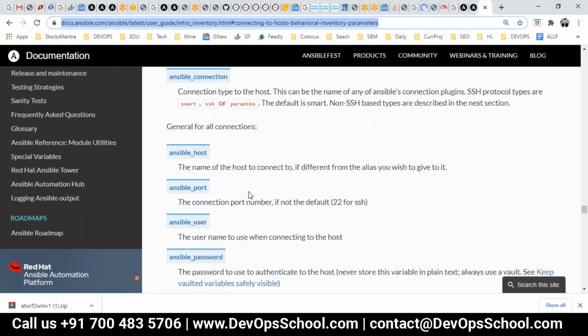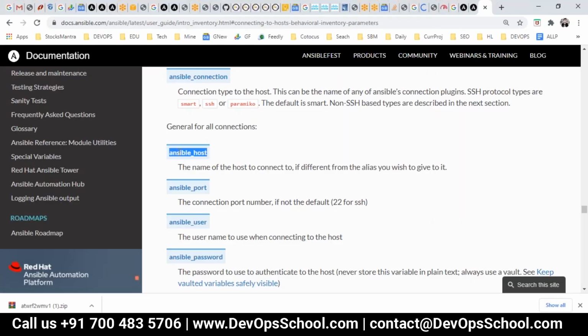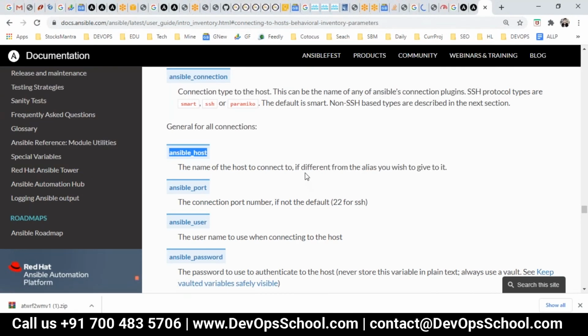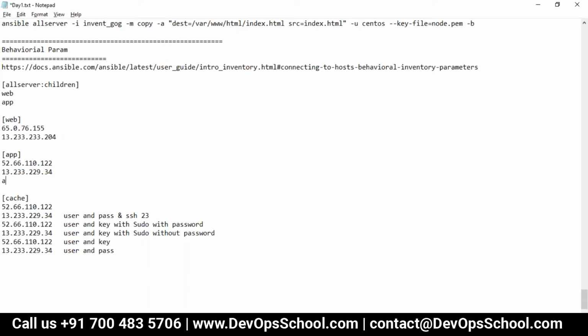See here, if you have a different host, something like this, Ansible host: the name of the host to connect to, if different from the alias you wish to give it. So for example, let's say this is app1 and here you say it is equal to this one.